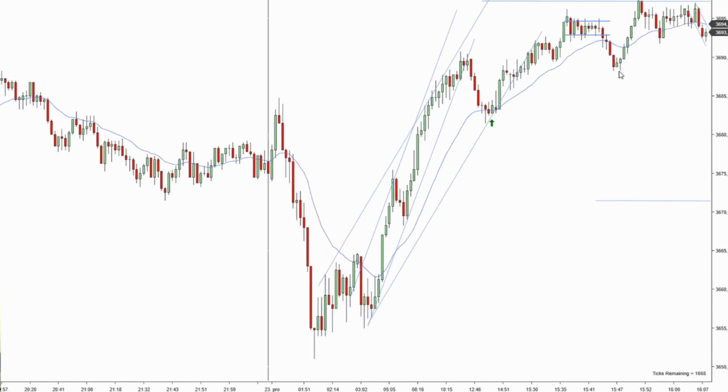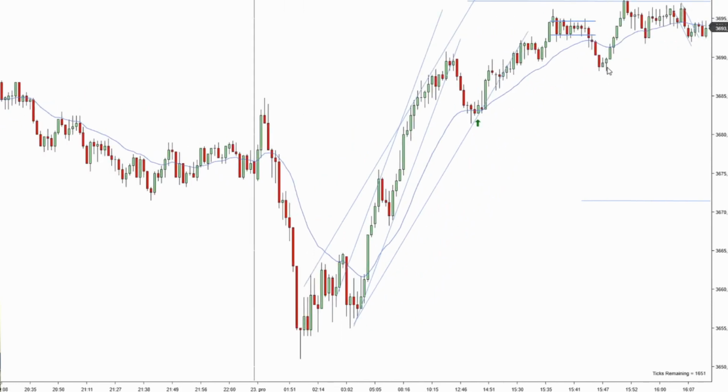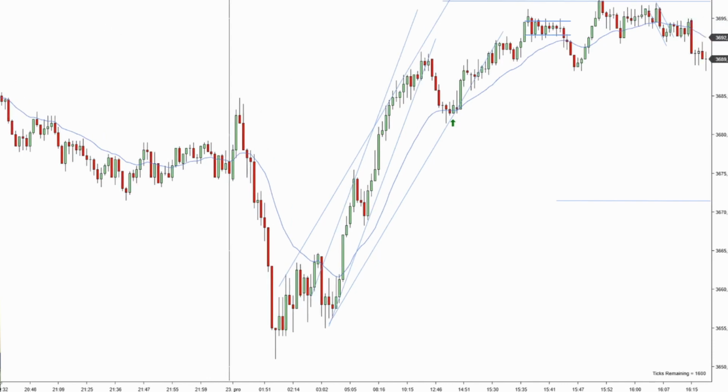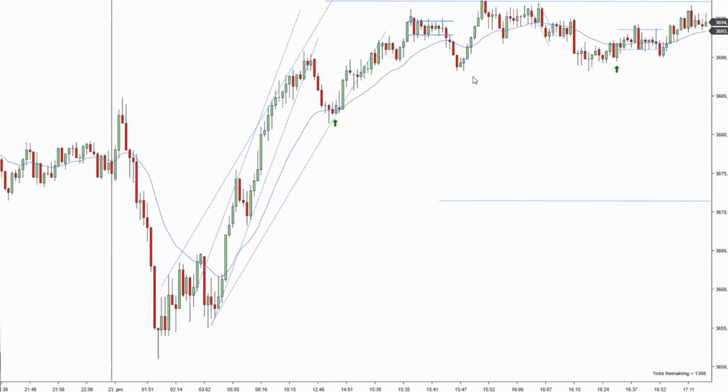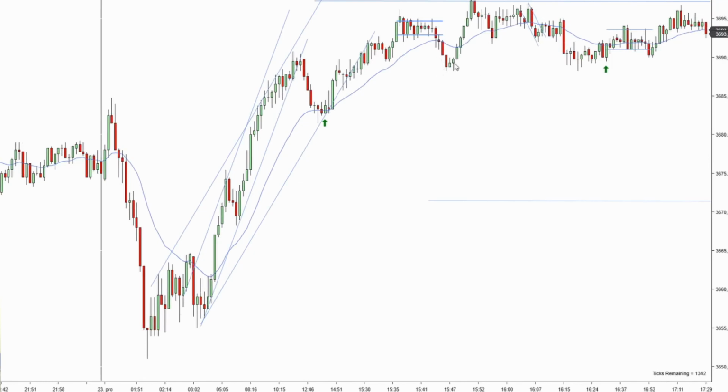There's one thing though. This is a nice bullish reversal bar, but this is the first time we close below the EMA. The last time we closed below the EMA was at 4 o'clock in the morning my time, and we broke through EMA at 15:47. 15:47 would be 8:47 New York time, and so this was very tempting because this move was so bullish, and first time we closed below EMA,